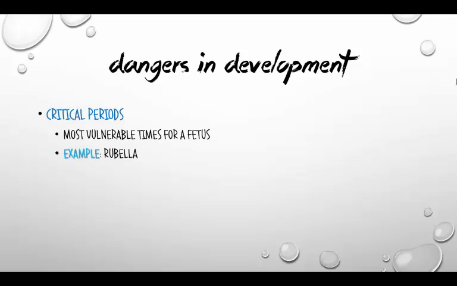Now, not all teratogens are the same, and I can't say, well, this is the month where it's good to do this, or this is the month where it's bad to do something, because different substances depend on critical periods. Critical periods are when we are most vulnerable. For example, with rubella or German measles, if mom were to get that within the first or second month of the pregnancy, that baby could be born blind, could have brain damage, other organ failure. If mom were to get rubella in the 9th month of pregnancy, baby's typically fine. They have passed that critical period.